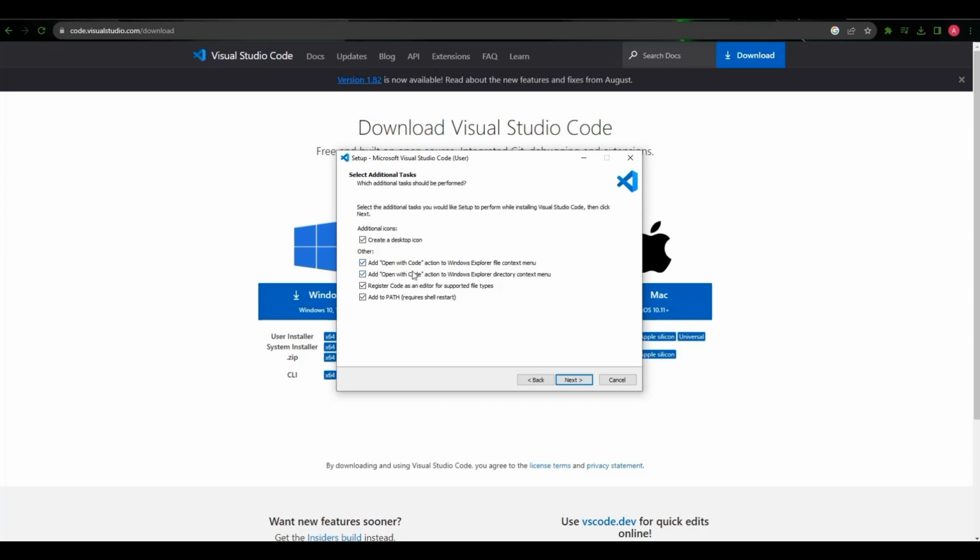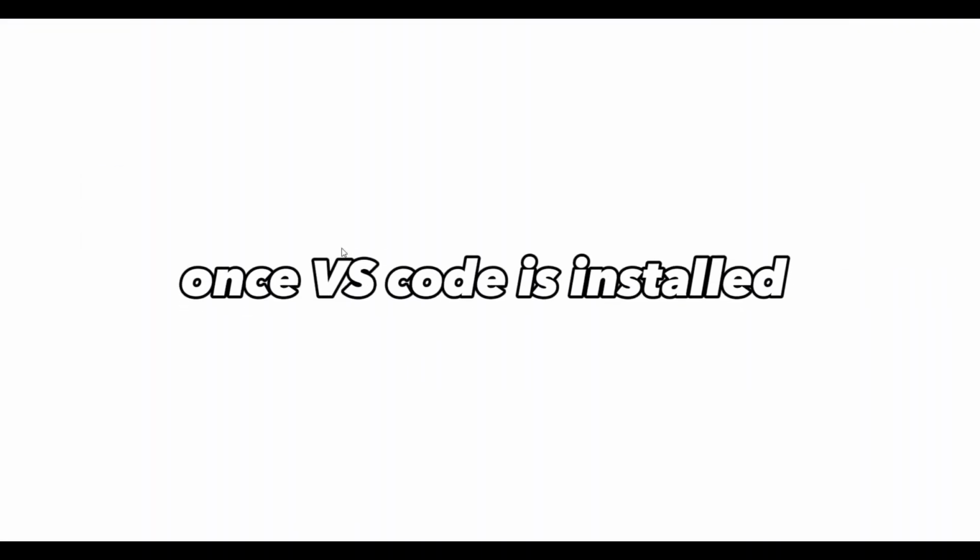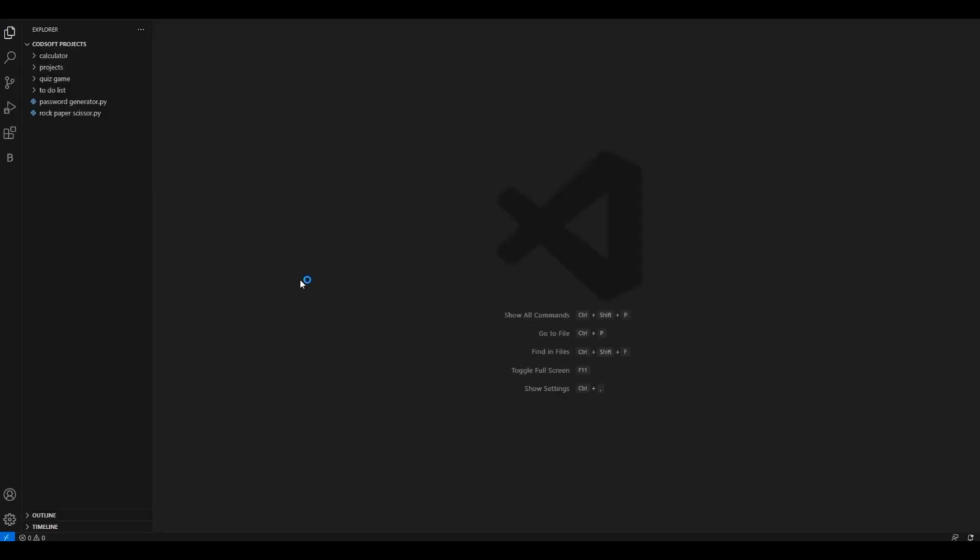This is most useful. And open with code. These are all most useful, and you're just ready to install. You have to just select install here, and Visual Studio Code will be installed on your system. So once Visual Studio Code is installed, you just have to open Visual Studio Code,